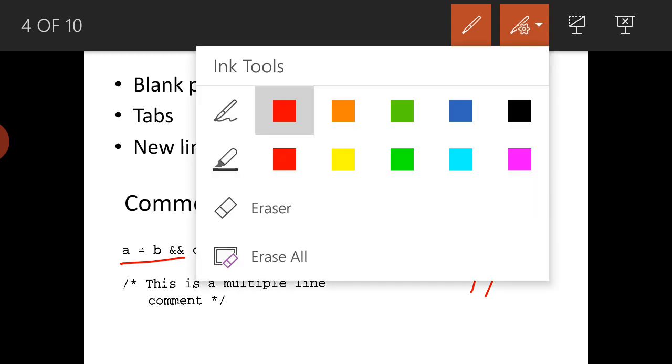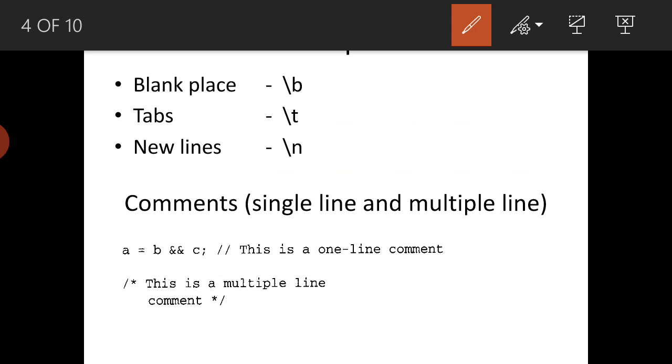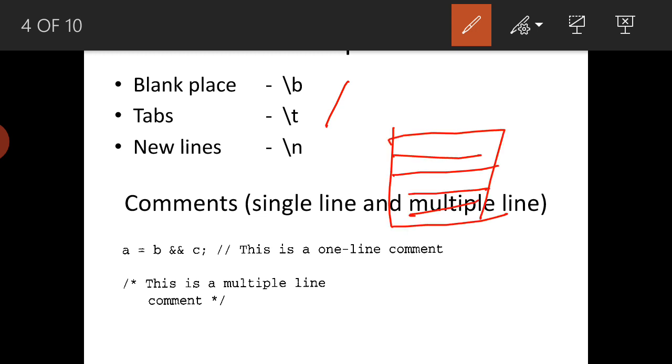Suppose I want to write 2-3 sentences, or I want to comment out a small portion that I don't want to execute at present. In that case, what I can do is use slash star and star slash.